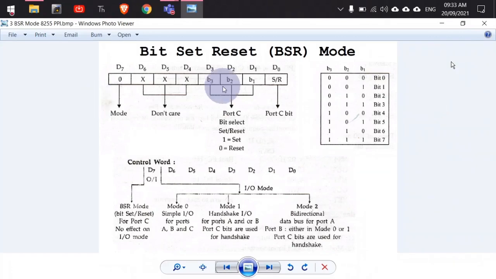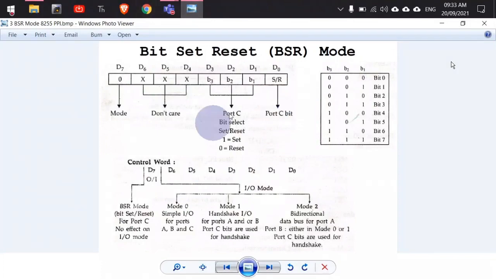So this is as simple as that, right? There is this control word, and there is an interpretation of control word. All that needs to be done is you have to supply an appropriate content through that control word. So bit set reset mode is very useful for single bit data transfer, right? If you have various devices which want to transfer single bit data, then in that case, you can connect them here, and you can set or reset those bits of the input output devices, right? So this is a very simple mode.